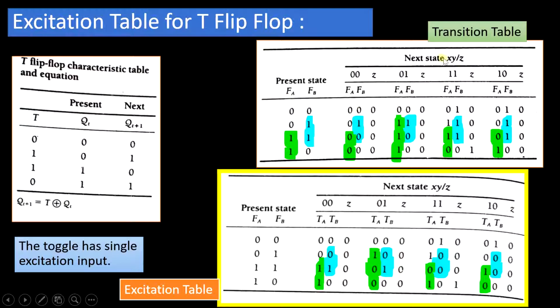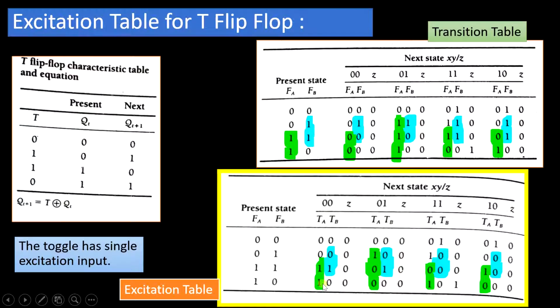If you see the next state, initially it was all zeros in this case, okay? That is because 0, 0, there is no change, 0, 0, no change. Next you have 1 that is occurring, and for 1 you had the next state to be 0, whereas now it is supposed to change or switch to logic 1. A toggling has to occur because the state was logic 0, the toggling should occur, so it is changed to 1. Again now the input is 1, initially it was 0, it should change to logic 1.